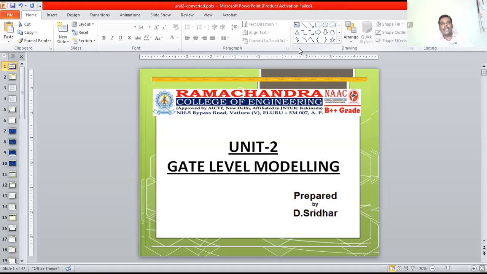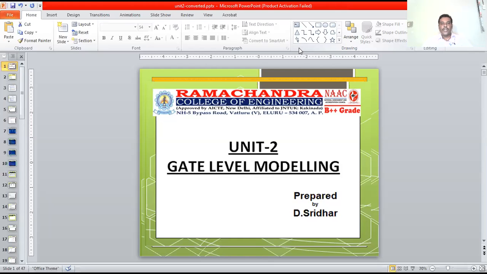The second step is the implementation of our idea with the help of an HDL language. To implement our idea using an HDL language, we have two options: the VHDL language and the Verilog language, and more options are there, so SystemVerilog can also be used. For the sake of development, here I am using Verilog HDL as our HDL language.